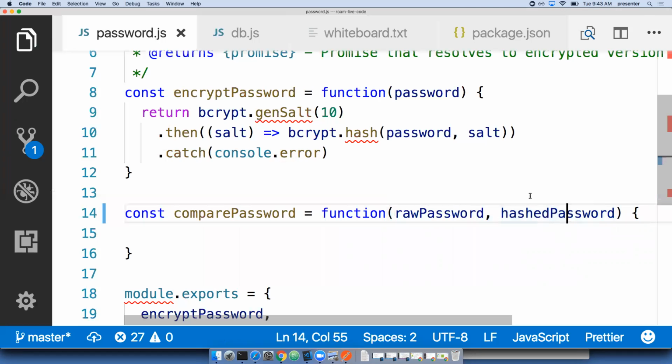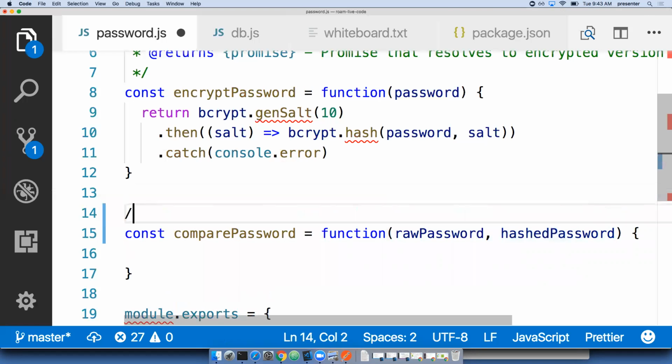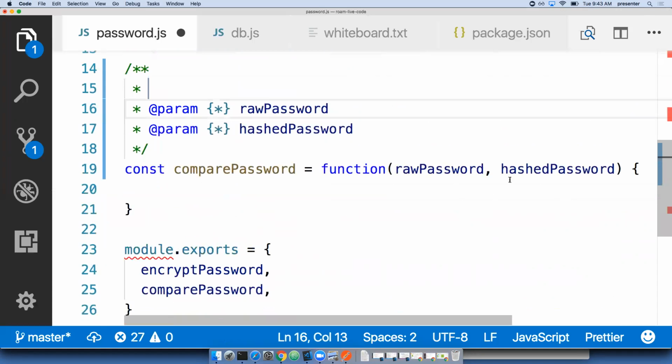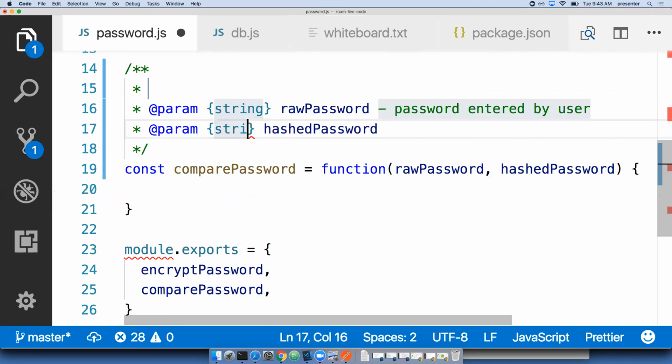Yeah, so it's actually a design decision, Kelsey, whether to look up the password from the database within here or just compare it. And I'm going to make the design decision just to compare it. So I'm going to say this is a string. This is a string, and it's